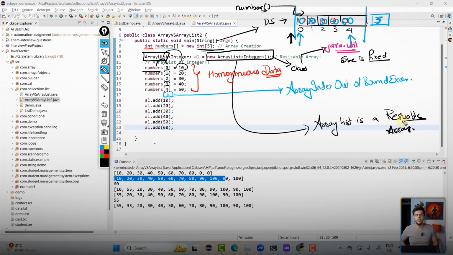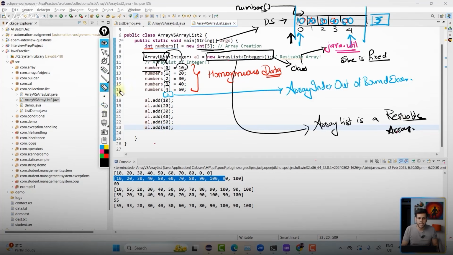Yes. Is it going to have indexes? Yes. Whatever is the benefit which is there in array, you will get everything in ArrayList. Whatever the drawbacks which were there in the array are solved in the ArrayList. Size was fixed, right? It created a resizable array. It means Java created the resizable array. Are you getting the point?